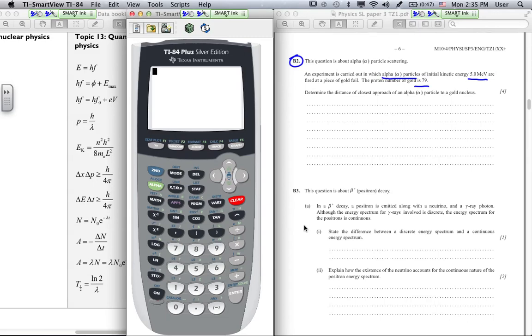So what's actually happening here? Firstly, we've got alpha particles. We remember that alpha particles are basically a helium nucleus. It's made up of 4 nucleons, so an alpha particle has 4 nucleons, 2 protons, and an alpha particle is a 2 plus. So you have an alpha 2 plus going, and it's moving with a kinetic energy of 5 MeV. So that's 5 times 10 to the 6 eV, and it approaches a gold